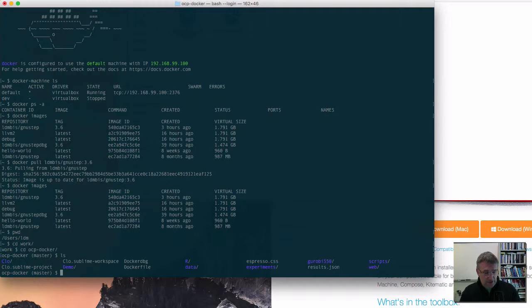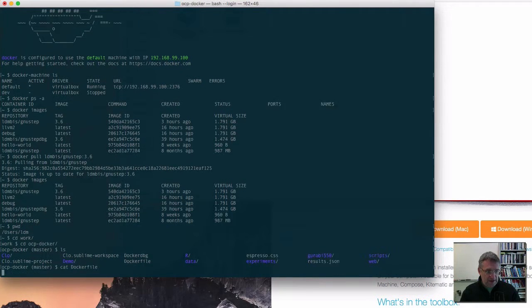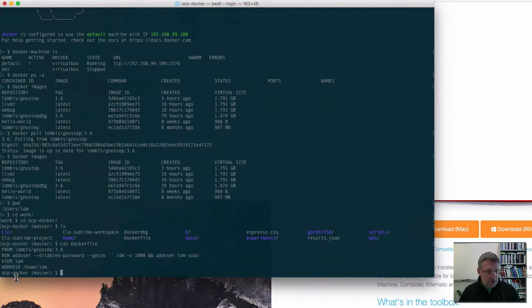You'll see, for example, that in here there is now in the project a Docker file. If I take a look at the Docker file, you will see that it contains just 4 lines. The point of this file is the configuration for creating the actual container that we will use. By default, in Docker, when you log in you're root, and here I don't want to do that,